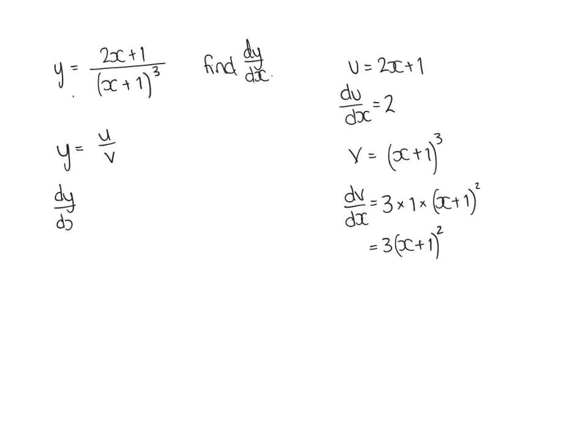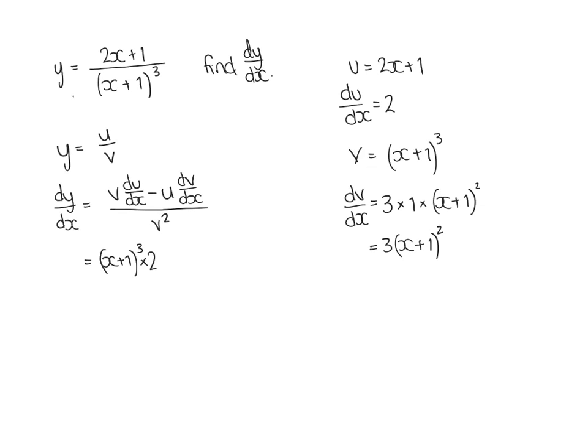So then, the quotient rule states dy/dx is equal to v du/dx minus u dv/dx all over v squared. Sub in, don't worry about trying to simplify it just yet, just write them in the order. So v is (x plus 1) cubed,